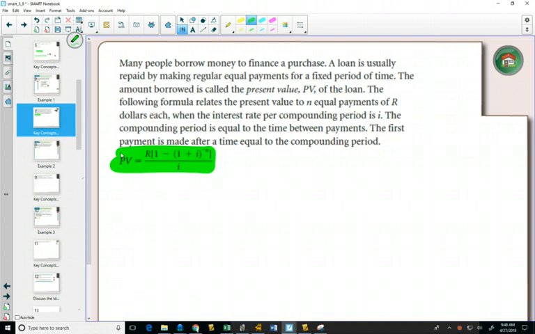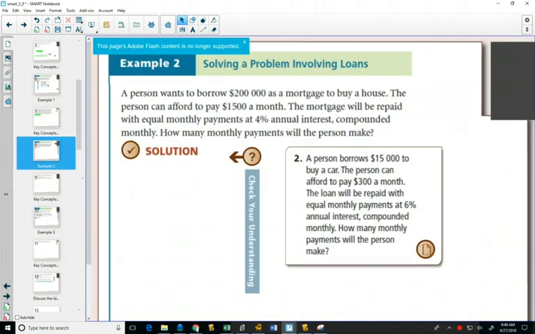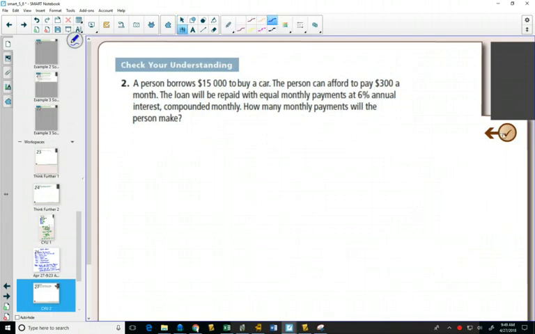It's similar to the other formula with having an R, the I are the interest rates, compounding periods. But now we can go to our second example here. I'll rewrite that formula out for us. PV equals R, square bracket 1 minus